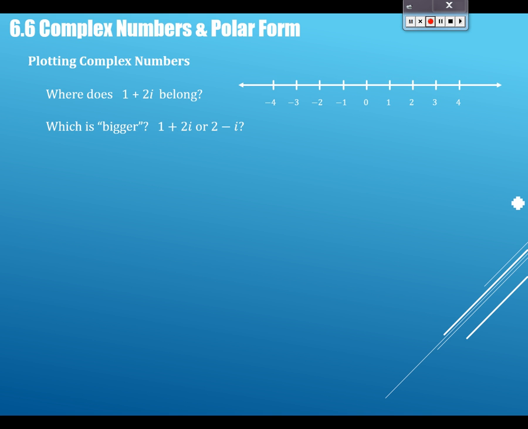Or consider a question like this. Which is bigger, 1 plus 2i or 2 minus i, something like that. I just made the numbers up, but whatever. The point is, can you put them in order? Is there any way in which you could order them? Yes. You think of complex numbers as being kind of just another kind of number, but to what extent